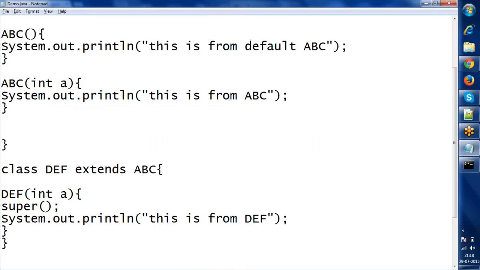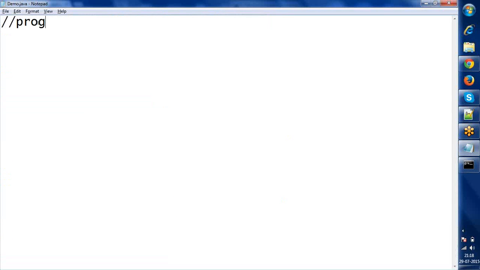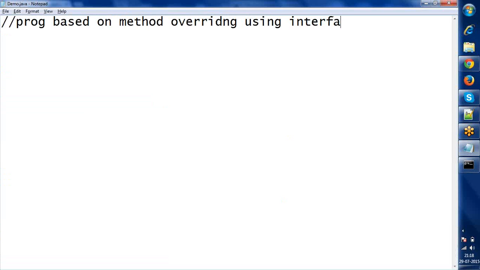Let's proceed one step forward. That is a program based on method overriding using an interface. If you understand this, then you will come to know how the Spring concept was introduced. We are going to see the Spring framework down the line, so you will be clear. Without wasting our time, because we have many concepts to discuss,